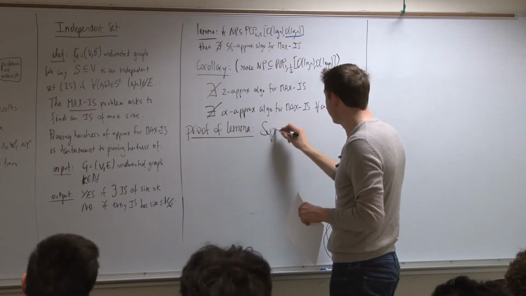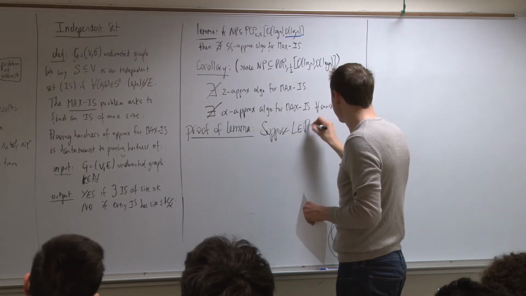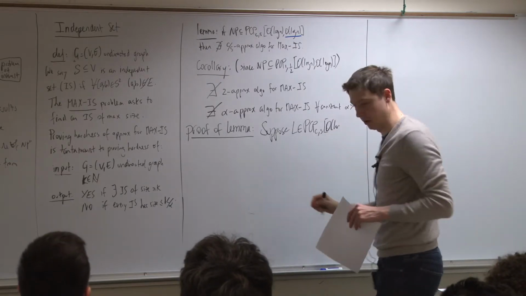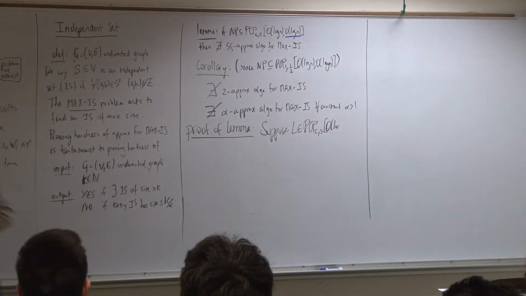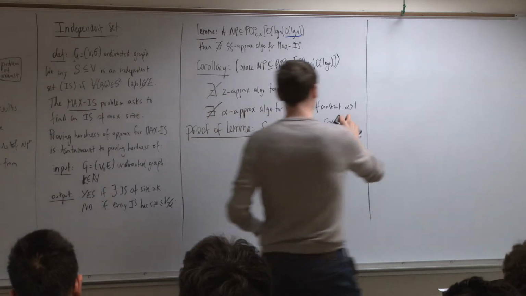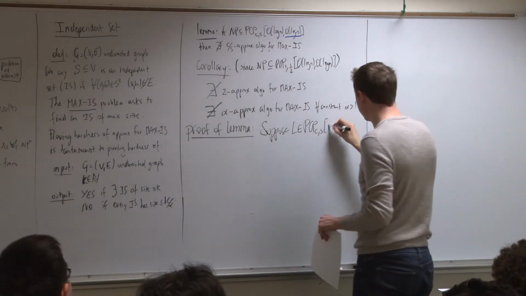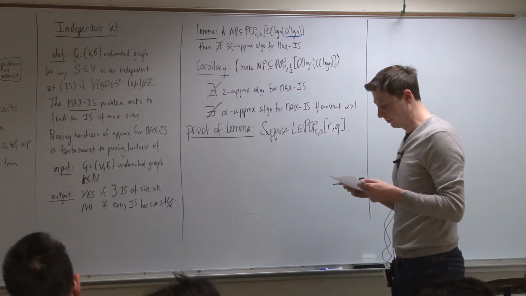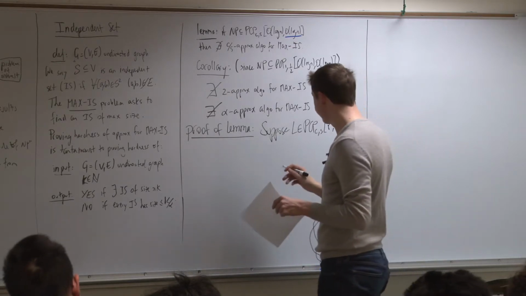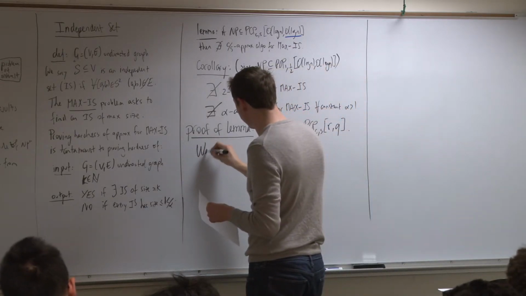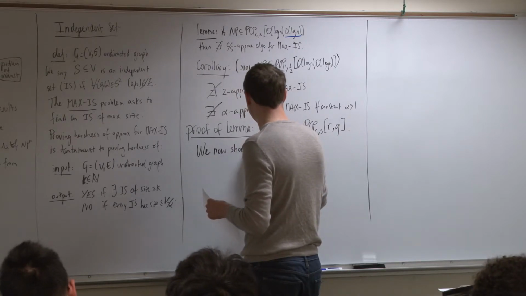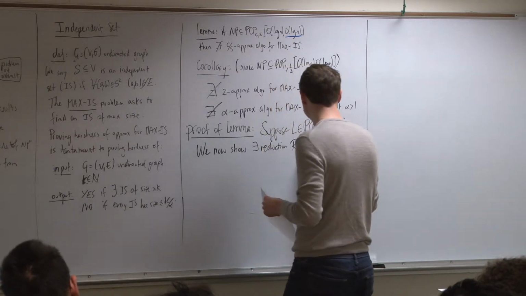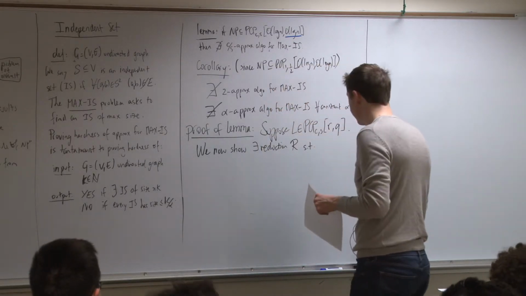So we can start out by saying, suppose L is a language, and actually maybe let me parameterize it further because it will be clearer. Suppose L is a language in this. So we now show that there exists a reduction R such that